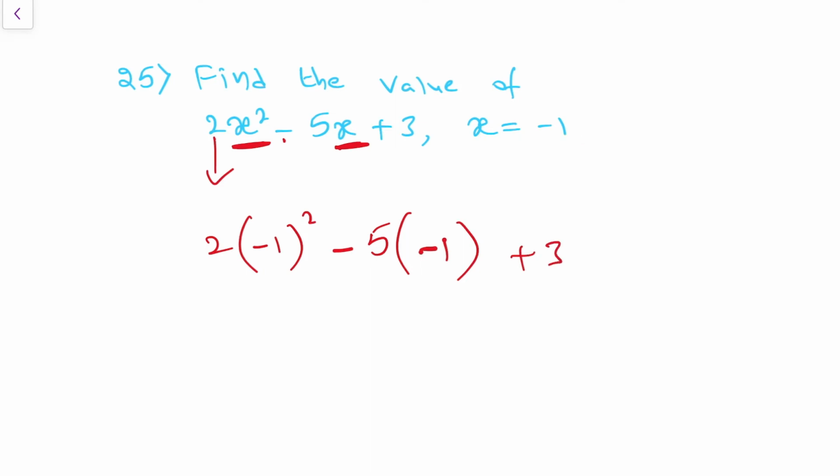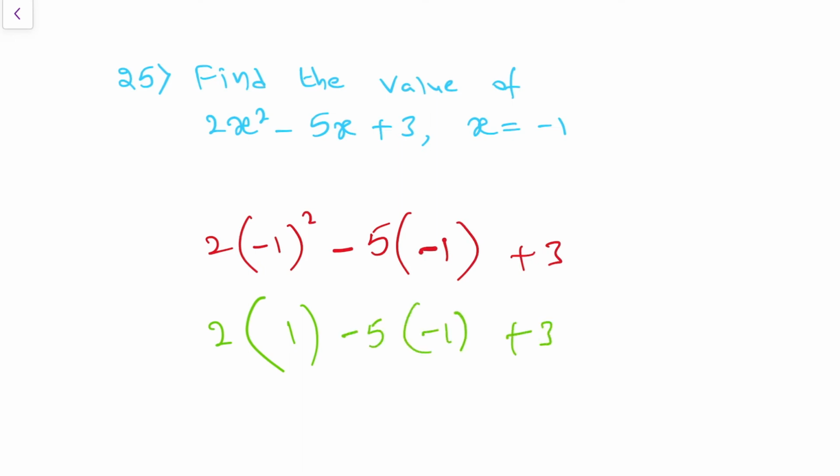In the polynomial, wherever you have x, in the place of x substitute minus 1. To avoid any confusion, whatever I am substituting, I'll keep in brackets throughout the video, so that we won't make mistakes in the next steps. Now the outside number stays as it is; first we need to solve the bracket, then touch the outside number. Minus 1 whole square plus 1, remaining all as it is.